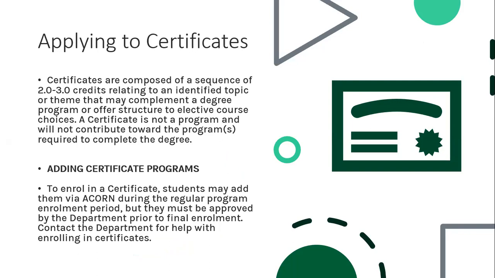Next is the certificates. Different from the focuses, students do not need to be enrolled in a specific program in order to enroll in a certificate. And certificates tend to require completion of 2 up to 3 credits. Something to note is that certificates do not offer any kind of professional certification. However, an annotation will be added to the student's transcript confirming the completion of the certificate. Okay, so when enrolling in these certificate programs, it will be the same way: you can enroll in some specific ones through ACORN, while others require approval through the department.